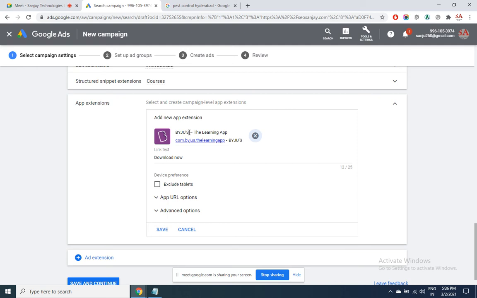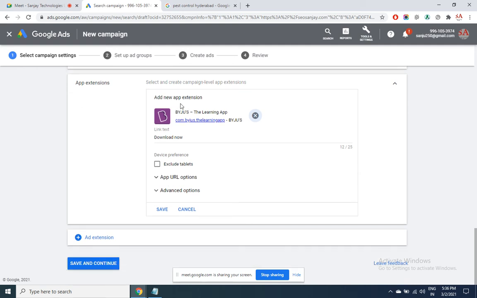Select. Do you want this to be displayed only to mobile users, not to the tablet? Select this option. Or you want to display to tablet users also? Remove it. Now Google is smart enough to understand that this is an Android app that you have selected here. So the ad will be shown only in the Android enabled devices, not in the iPhone users. Because when they click on this, it will directly lead to the Play Store where they can directly install the app. This is again a very useful option, because who would generally click on this app?